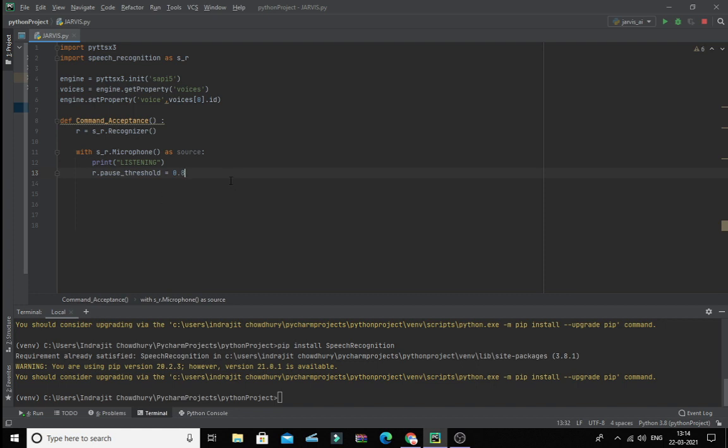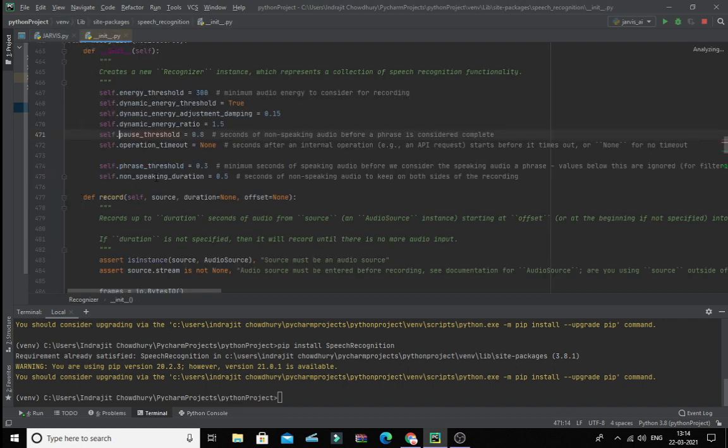You may change it to 1 or any other value you want to, and you can see the properties by holding the Control key and moving the mouse pointer towards it. Then you can see a lot of properties in that field, in the init.py file. There is phrase_threshold, dynamic_energy_threshold, and lots of other things. For now I am keeping it as